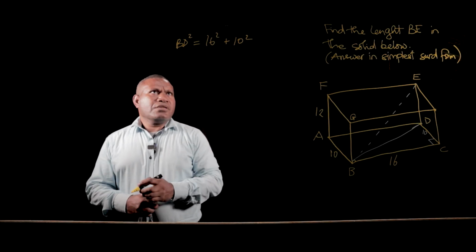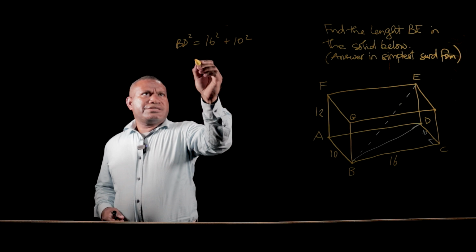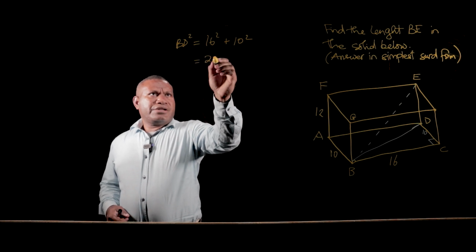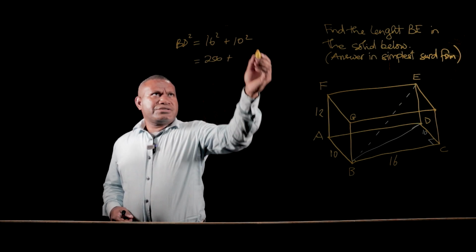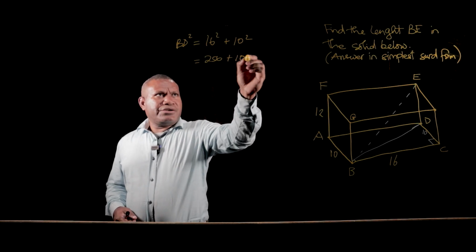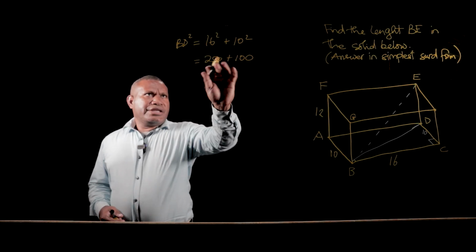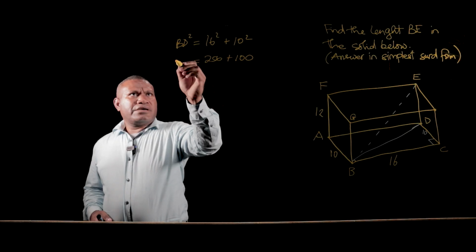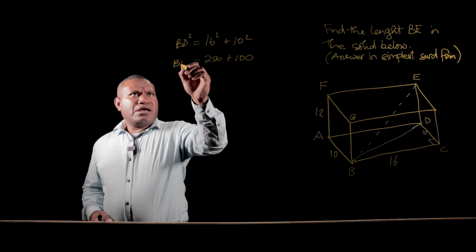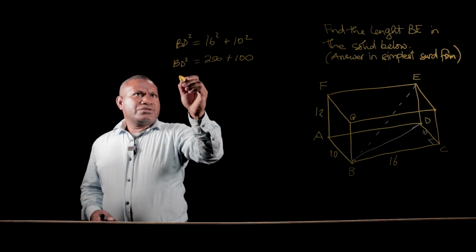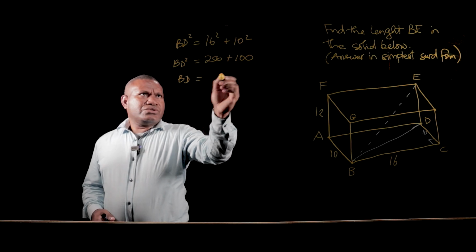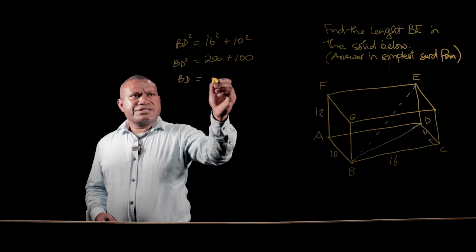All right, so 16 squared is 256, plus 10 squared is 100. All right, so adding these two, don't forget this is BD squared. So BD squared is equal to 100 plus 256 gives us